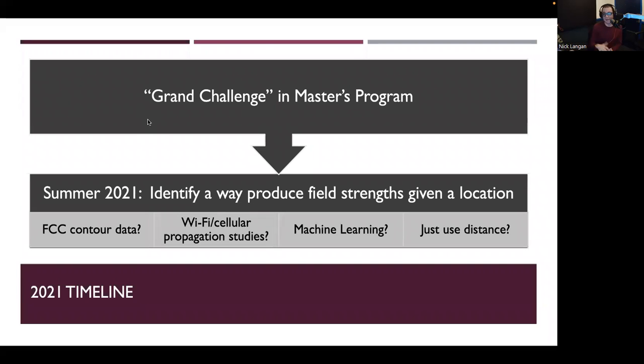So in the summer, the considerations, looking at how to predict FM signal field strengths. What are the methods? What I was familiar with, at least in summer 2021, was FCC contour data, and just reading about propagation studies that had been done for Wi-Fi and for cellular data. I had taken a couple of courses on machine learning, and so I had the idea in mind, maybe I could